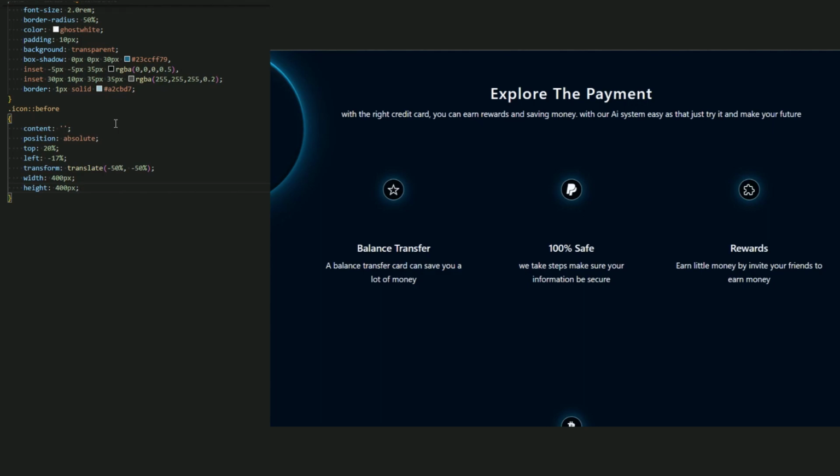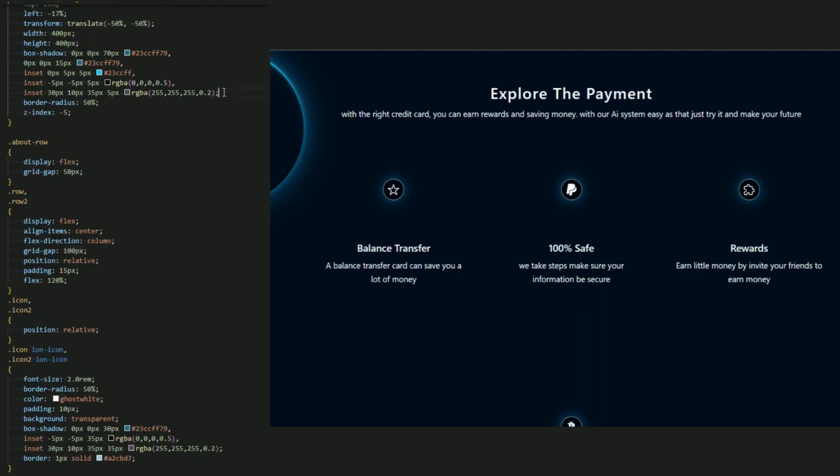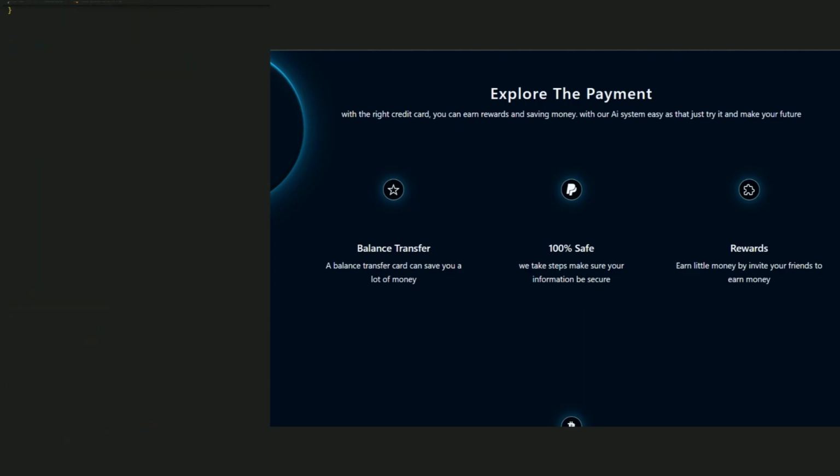Now for the top, 50%, and this 50%. Okay, transform, translate, and let me add a rotate because I want to be like this, 45 degree. Okay, here we go. And for the box, let me just copy this again and paste it here.